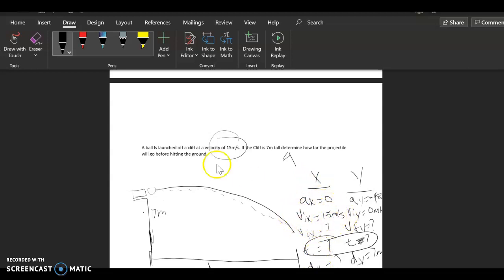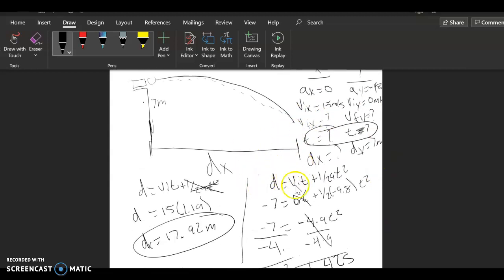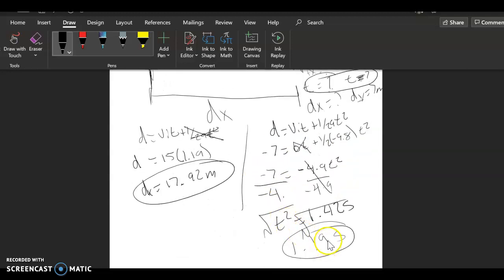It was 15 meters per second because it's shot horizontally. The cliff is set at 7 meters tall, means it's vertically 7 meters. So what I did is I broke it down into 2 different components. I used my knowns and unknowns, found a kinematic equation that works with time, solved for time, used time to then plug into x,